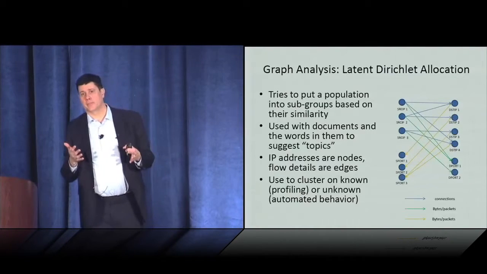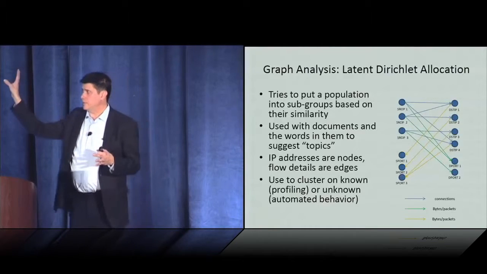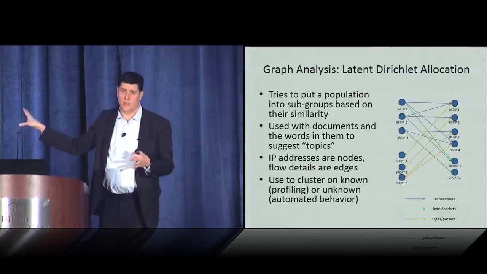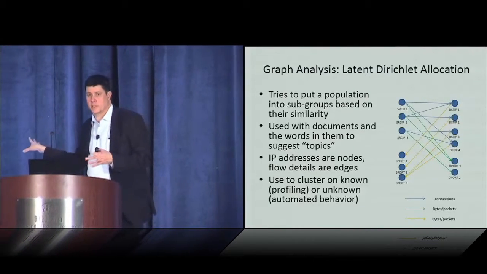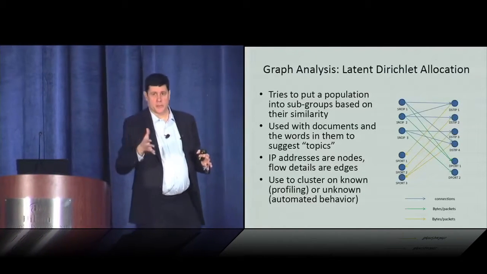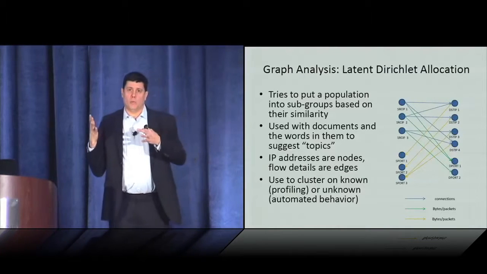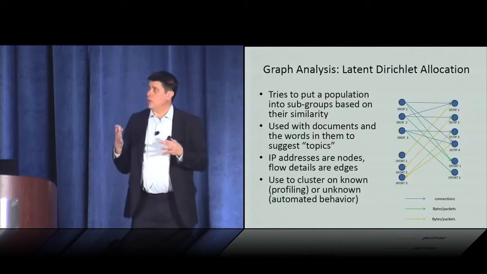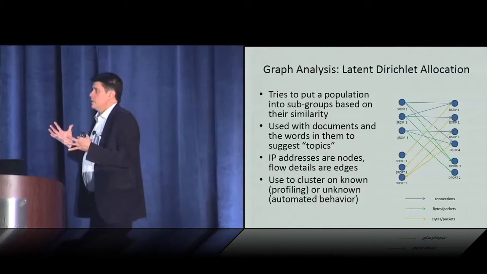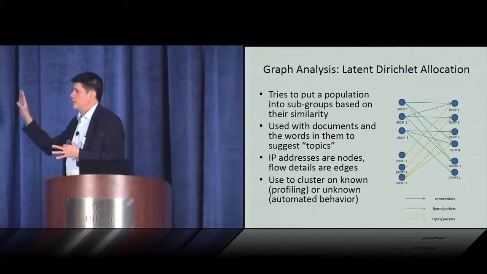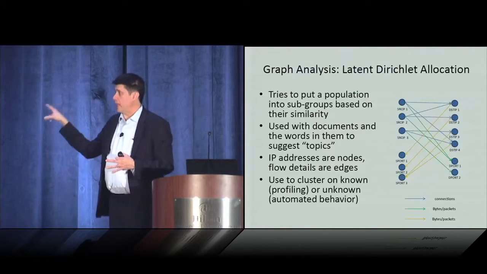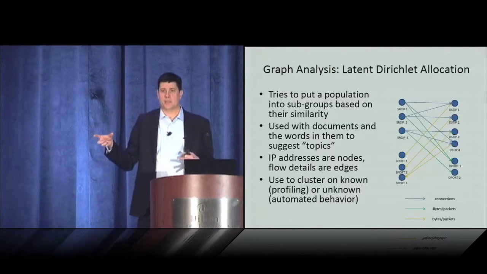We hacked that algorithm, and instead we thought of each of the ports that communicate on as a different conversation. 80 is like a web conversation. 25 is mail. 22 is SSH, et cetera. So based on these well-known ports, we thought of those as our topics, or our documents, excuse me. And then we wanted to take various parts of the communication, the packets, bytes, et cetera, as the words, and to see what it could tell us.